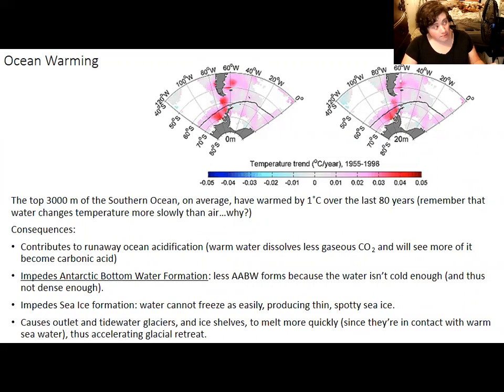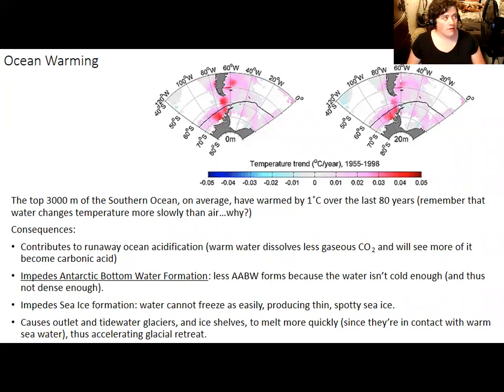That's less than the air temperature, and that might not seem so dramatic, but remember that water has a higher heat capacity than air. You can pump a lot more energy into water and see the temperature actually rise not very much compared to air. Temperature is basically how much kinetic energy there is. You can put the same amount of energy into two different substances and the temperature will go up different amounts. 500 joules put into air will cause a much higher temperature change than 500 joules put into water.